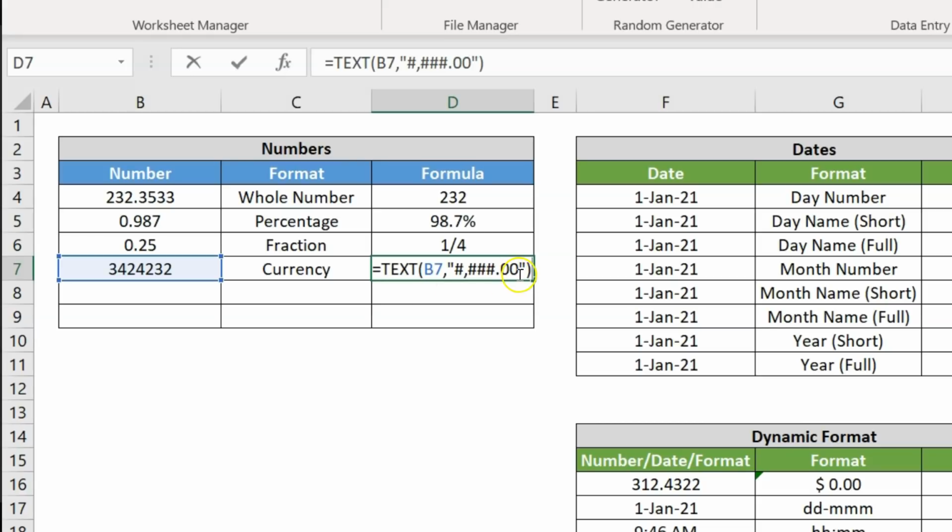This is the comma-separated format, but if you want you can put the dollar sign also. Just hit enter. Here you can see it is showing in the proper manner, 0.00. If you have some number here, let's say 0.76, then it will show 0.76. In place of the dollar, you can use another currency sign also.